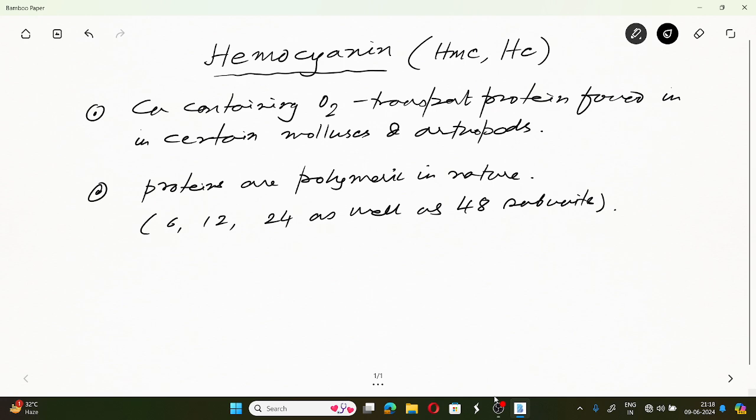Next, we shall try to understand the structure of the deoxyform of HMC. That means before oxygen gets bonded to hemocyanin, we need to understand the structure. Look, at the active site,